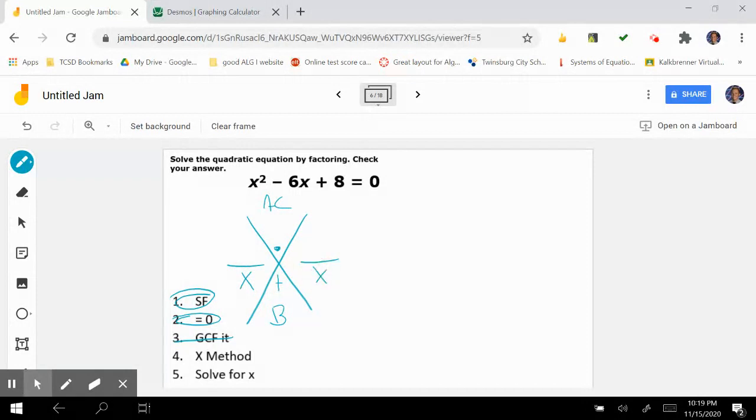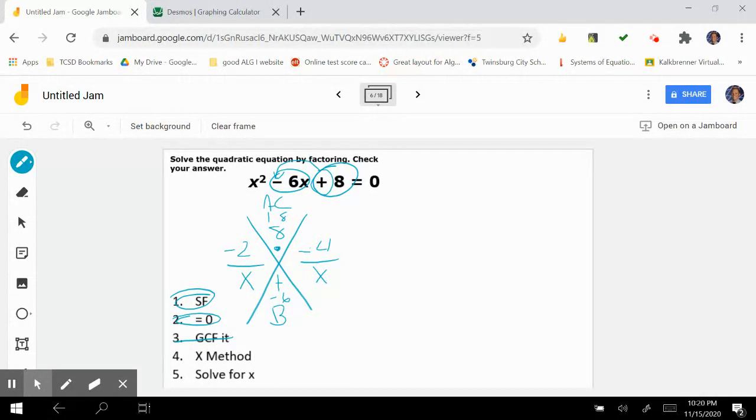Since my A value is 1x, I'm just going to put my x's here. So now what multiplies to 8, because it's 1 times 8? What multiplies to 8 and adds to -6? The only way this happens, when this is positive, is if they both take B's sign. So this is going to be -2, and this is going to be -4, because -2 plus -4 is